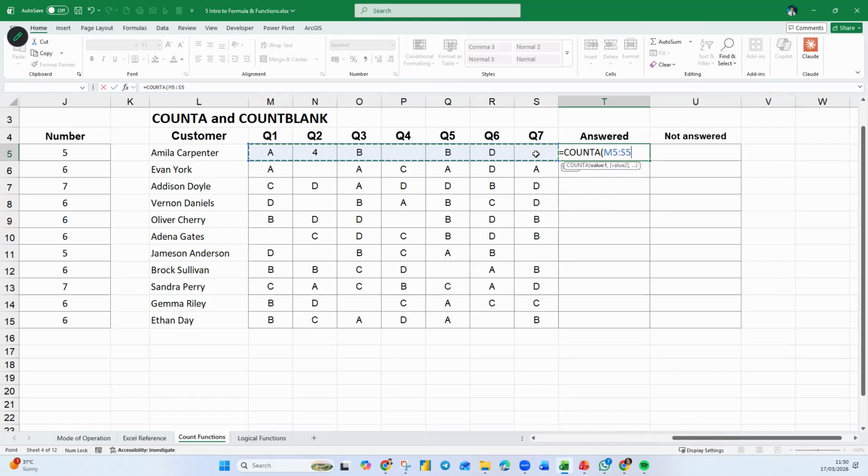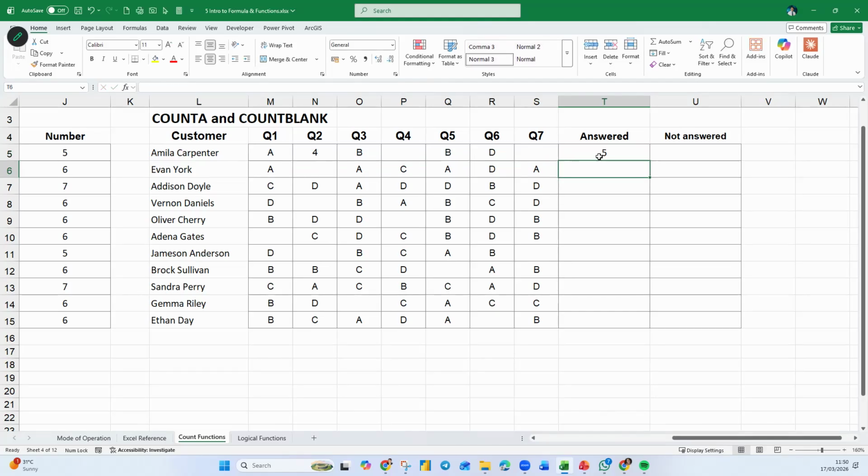So I highlight everything. What this count all does is that it will count everything in that range as long as the cell has content. If the cell is blank, for example question 4 and question 7 have nothing inside, they will not count. So the answer is 5. If I go to question 7 and put a 4 there, see, it becomes 6. So it does not matter whether it is text or number. It can be just like you put an asterisk or this hash symbol.